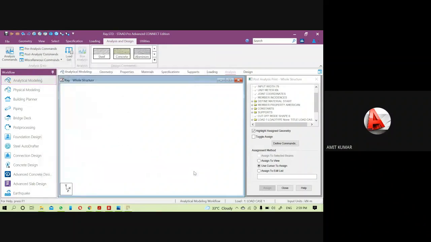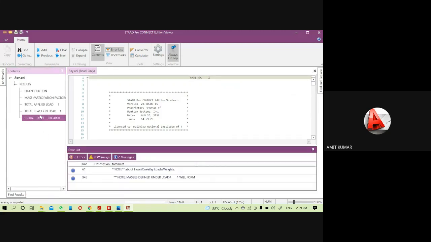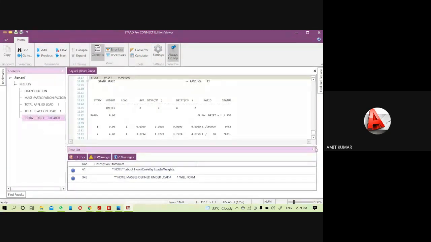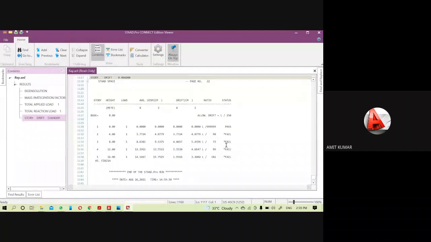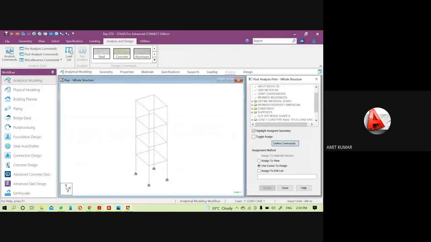Go to the output. Let's see the structure response. So here you are seeing at level 2 our structure is failing. That means this structure will not bear the lateral load cases due to the seismic wave.